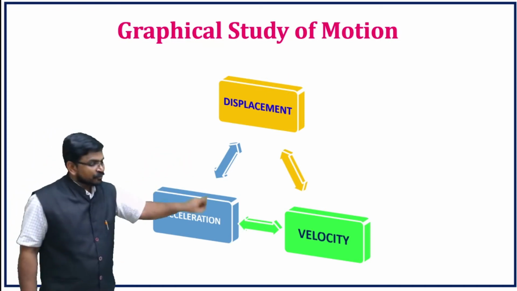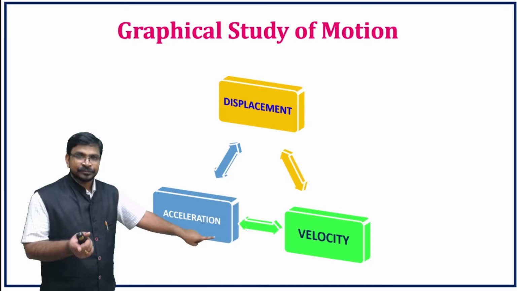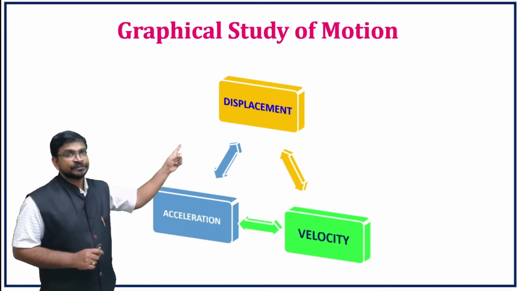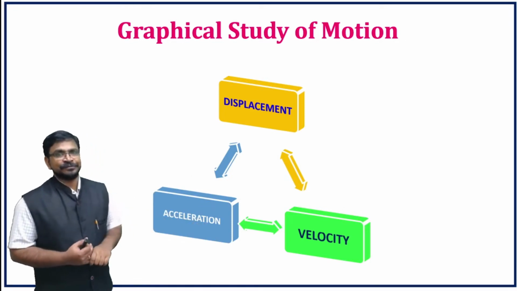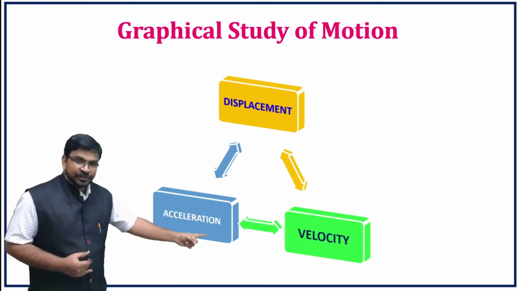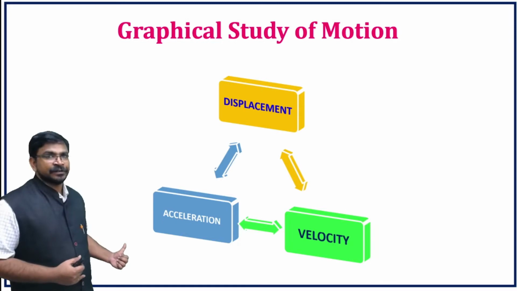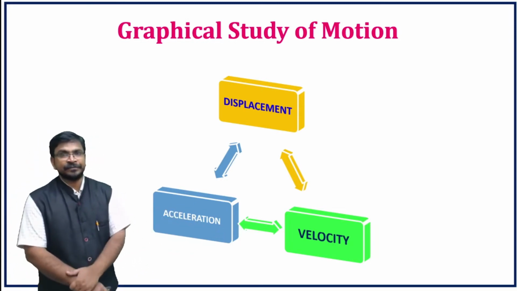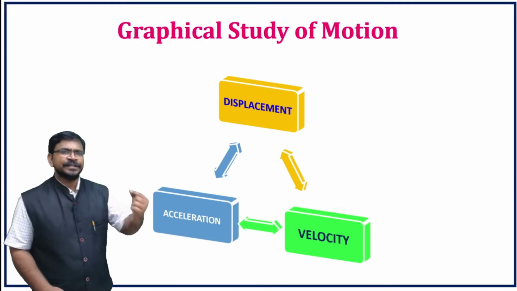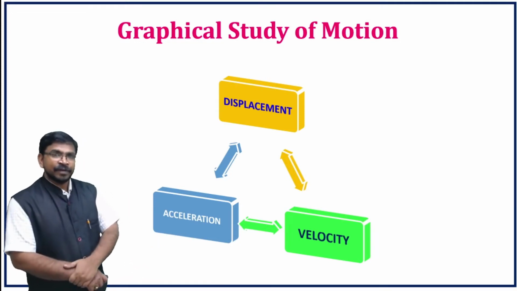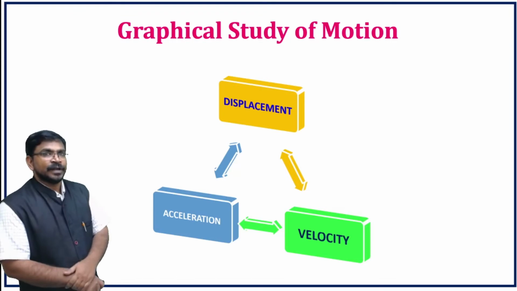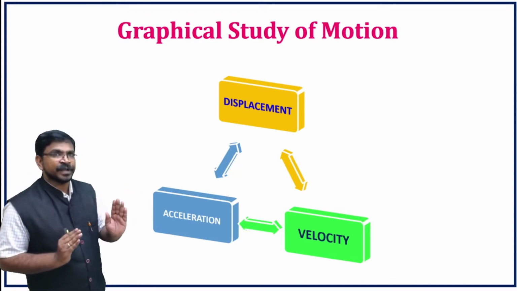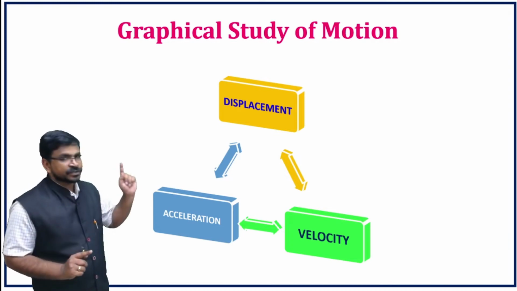From displacement to velocity, slope of the graph is given, and from velocity to displacement, area under the curve. Similarly, slope of the velocity will give you acceleration, and area under the acceleration curve will give you the velocity. This is a very easy and simple technique. Whenever in physics you find differentiation and integration, the same quantities involved with graphs can be obtained easily by slope